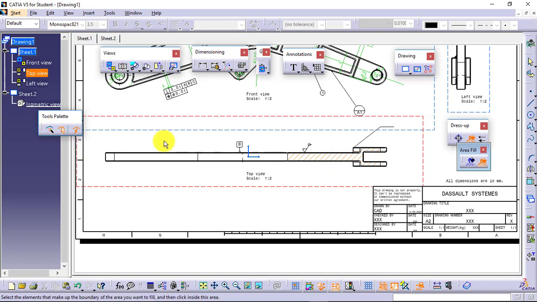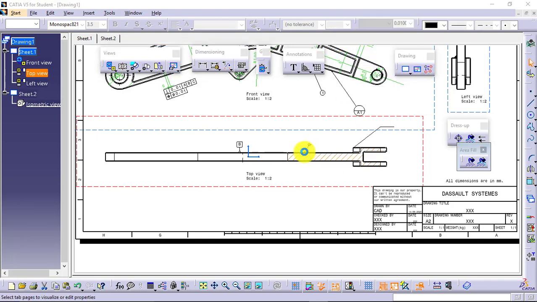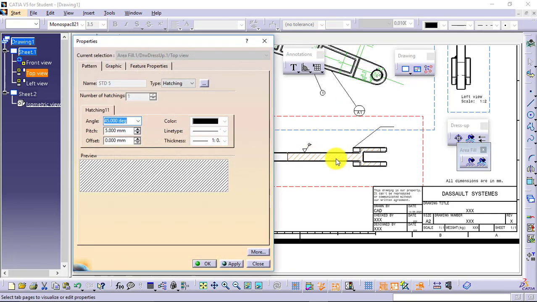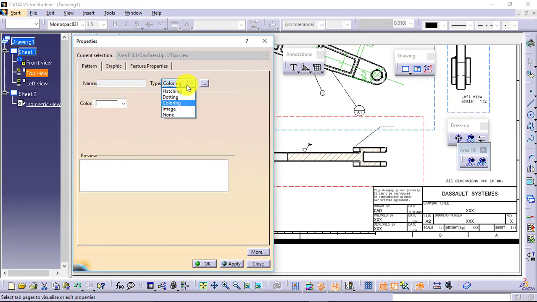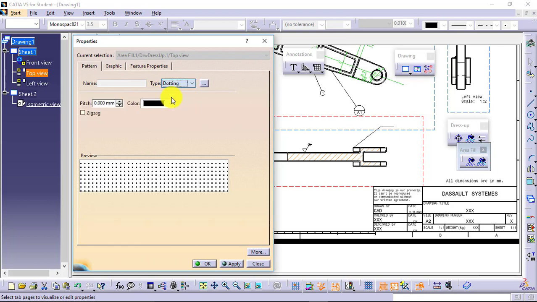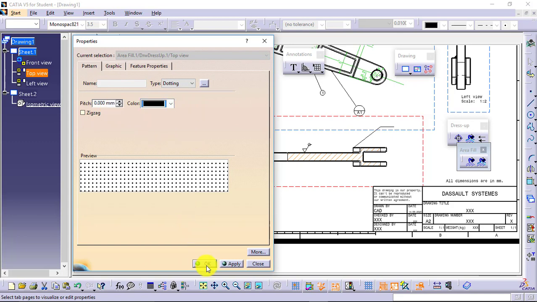Then I'll deactivate. Yes, I can right click on this and go for the properties of the fill. What are the properties? What type of pattern do you want? You want hatching, you want dotting, like this. It is showing you the preview, coloring, image, whatever it is. What you have to do is select the color, select the pitch and say okay.